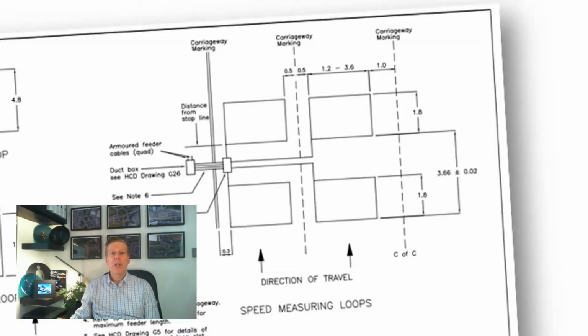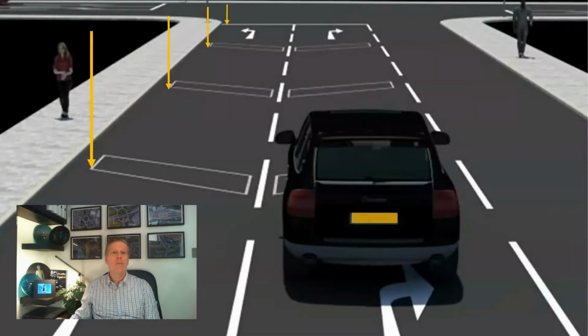Measurements of the distance between the leading and trailing edge of the loop, and if installed as a pair of loops in a lane, the distance between the two loops may also be required to ensure that the system will interpret parameters such as vehicle speed and vehicle length correctly. The actual location of the loop may also need to be measured.